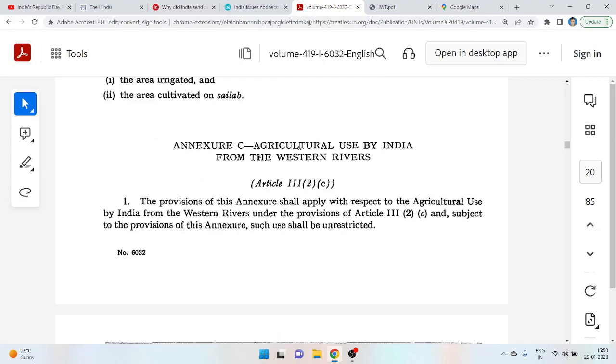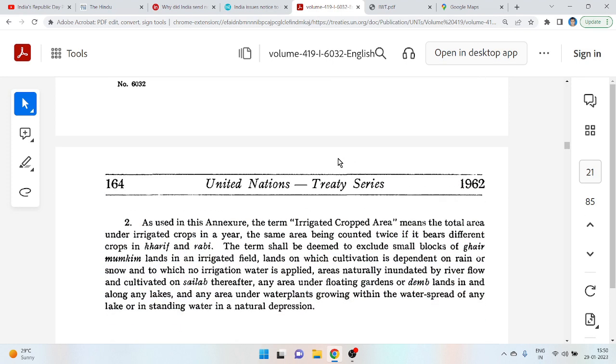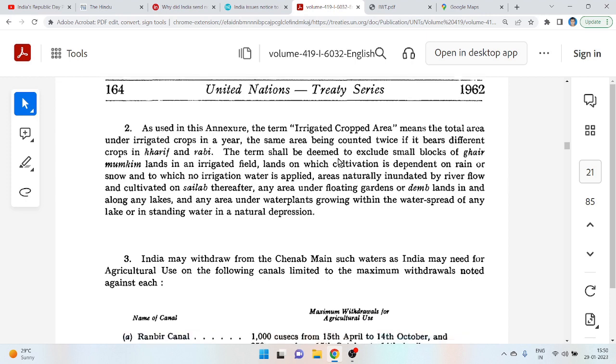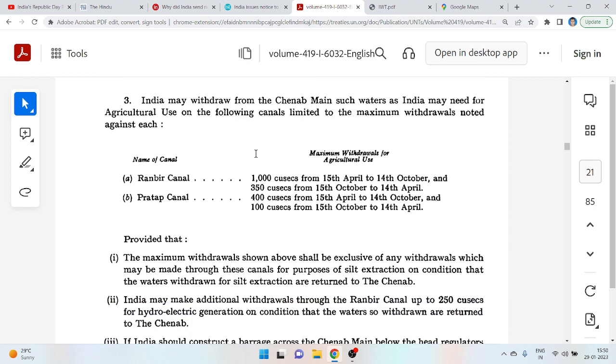This is annexure C, agriculture use by India from the western rivers. Now, look at point number 3. India may withdraw from the Chenab main such water as India may need for agriculture use on the following canals, limited to the maximum withdrawal noted against each. So, already there are two canals present at the time of signing of the treaty on the Chenab